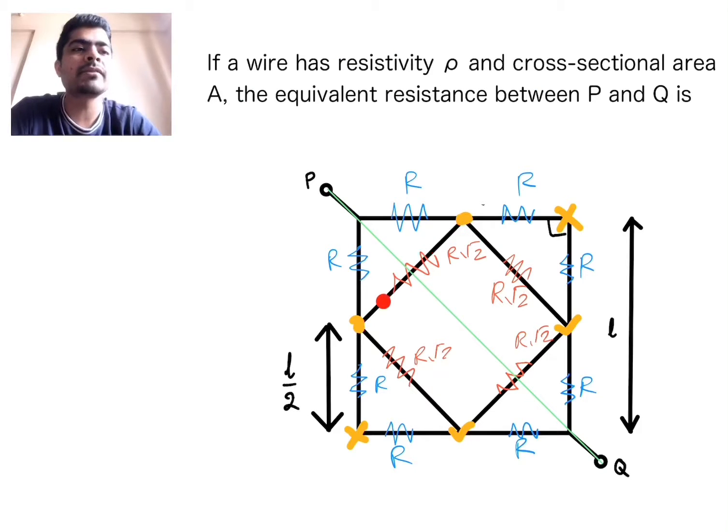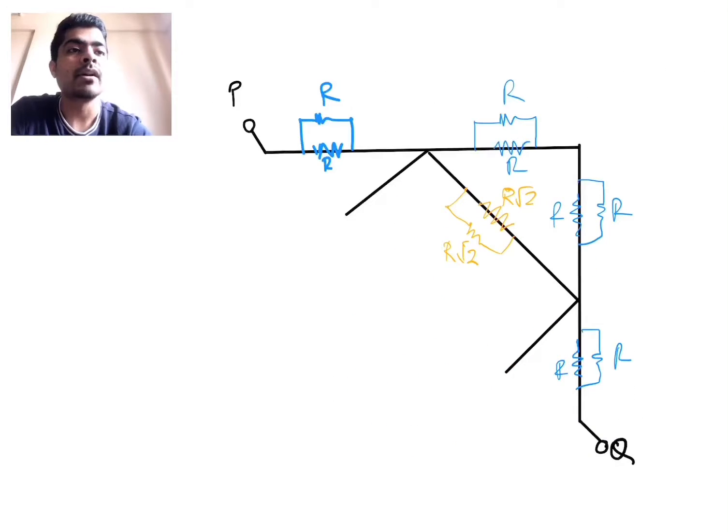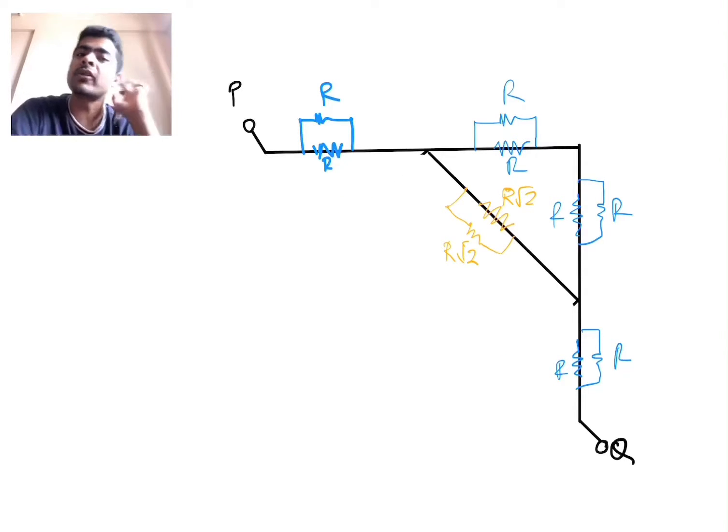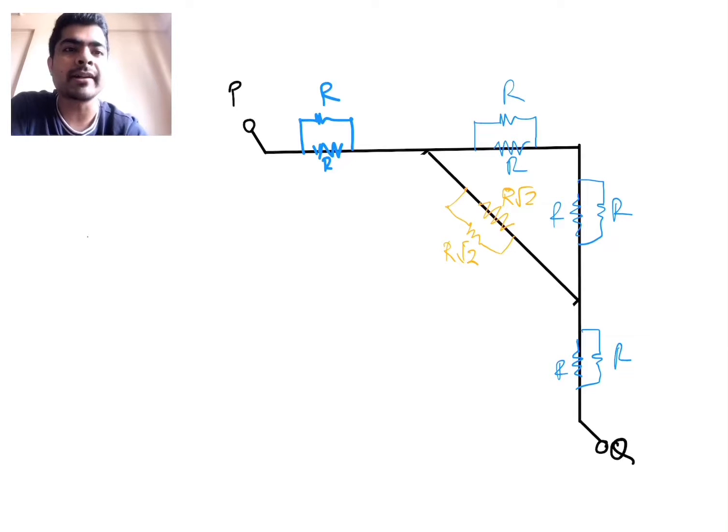What about this branch? The green line is dividing this branch into half. Okay. So its one end will now be open. So for this particular branch, now its one end is open. Here also we have one end open. So no current can flow through that branch. So we just need to erase them. Okay. So let's just remove them. We don't need them anymore. So this is your final circuit now. Okay. So let's redraw the circuit.